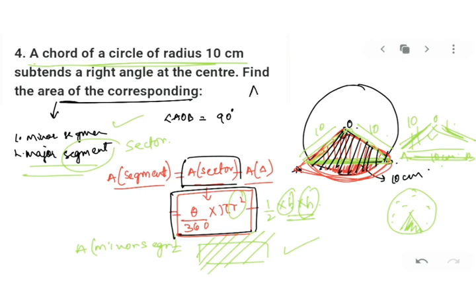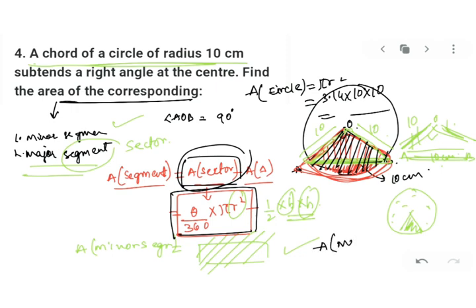So area of entire circle will be pi r square. So you will put 3.14 into radius is 10 into 10. So once you get the entire area of circle, from that you have to subtract your area of sector. Whatever you have found this area. उसका अगर आप सब्ट्रैक्शन करेंगे तो व्हाट विल बी रिमेनिंग विल बी एरिया ऑफ मेजर सेक्टर.